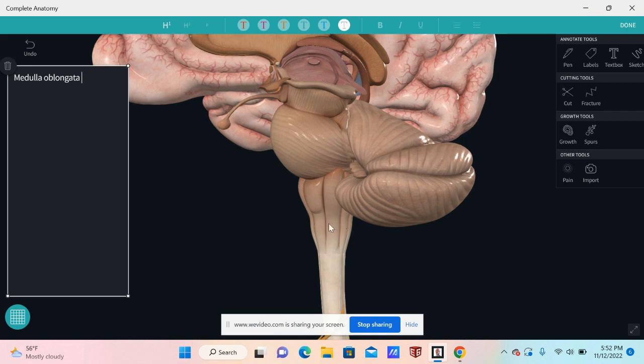Also, all three of these, so we're going to have the medulla, the pons, and the midbrain, all three of these contain what's called the reticular formations. Let me go ahead and type that in before I forget. Reticular formations. And the reticular formations are important because, one, they have what's called the RAS, the reticular activating system,